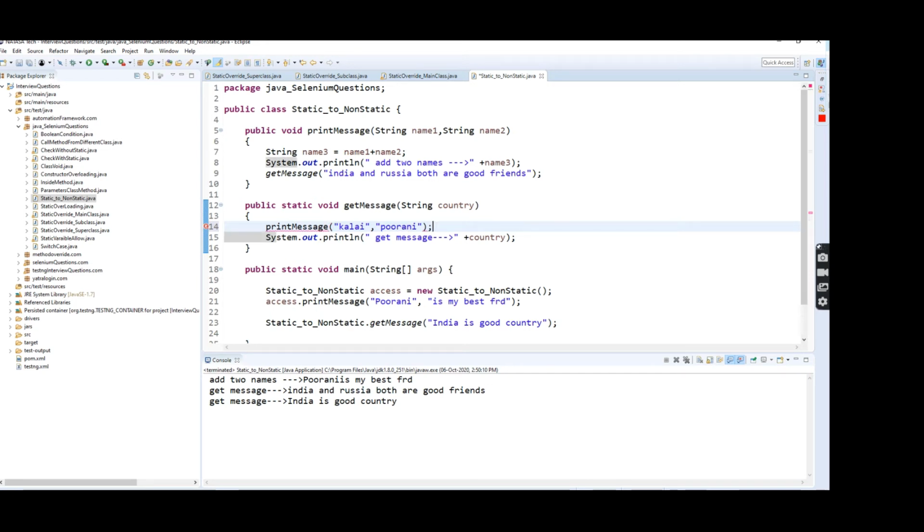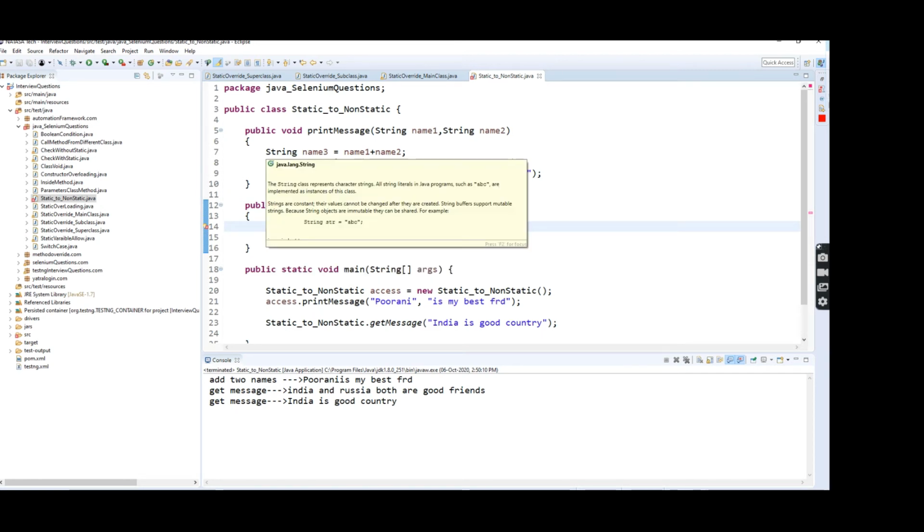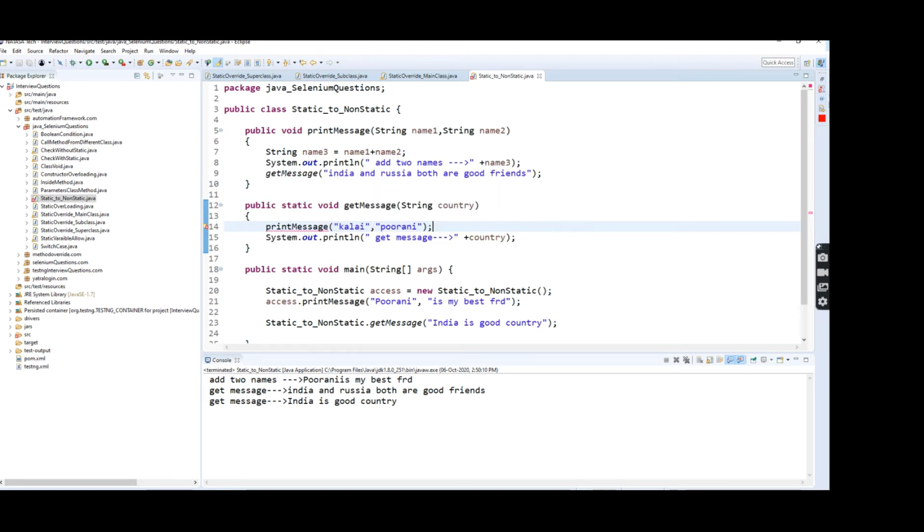Here it will throw an error. What is the error? Move the cursor over that error. Change print message to static, because non-static can access static methods, but a static method cannot access a non-static one.